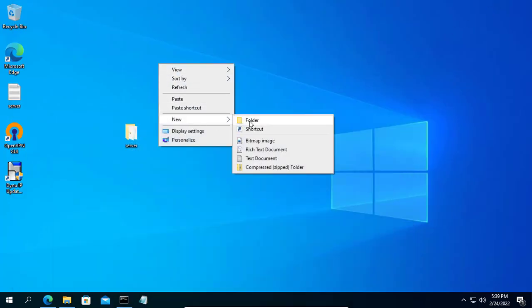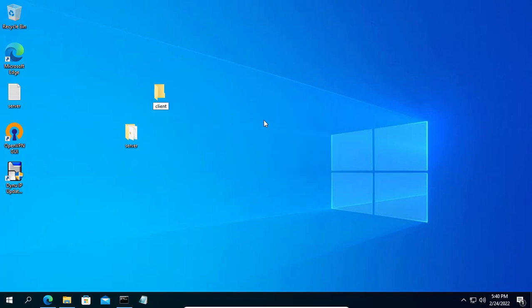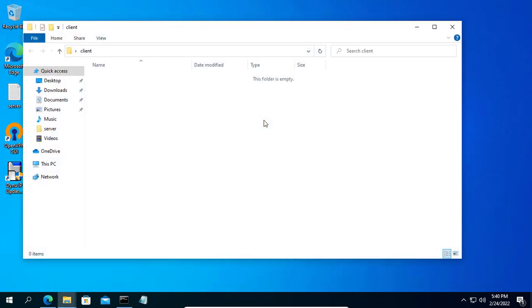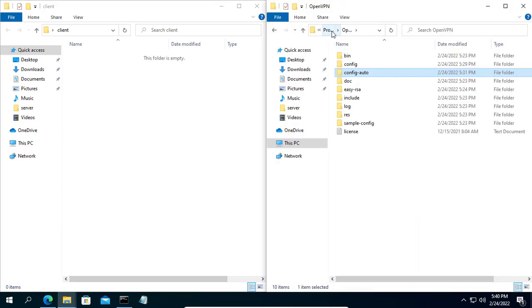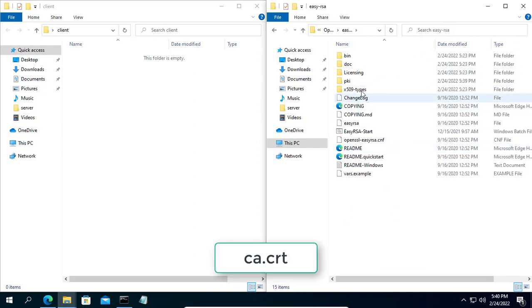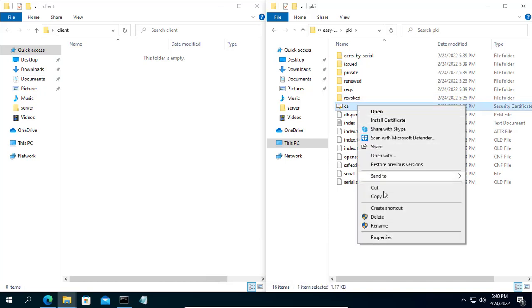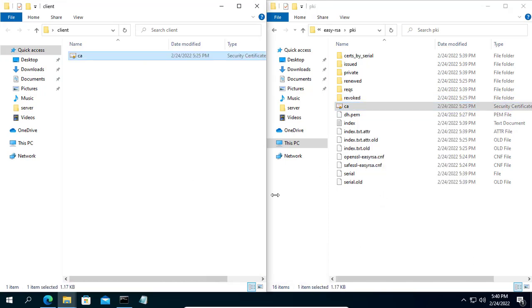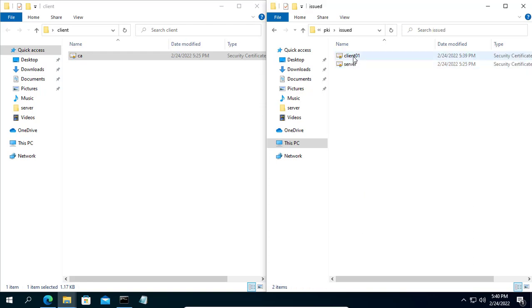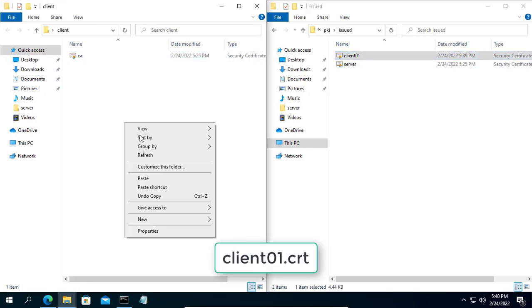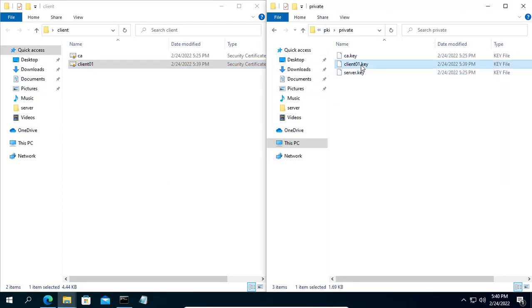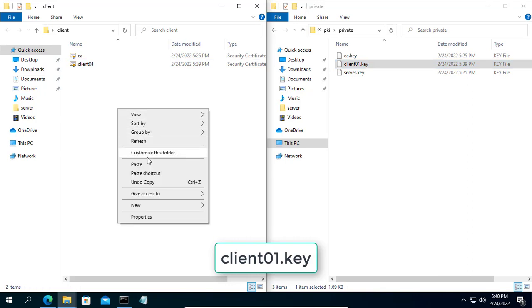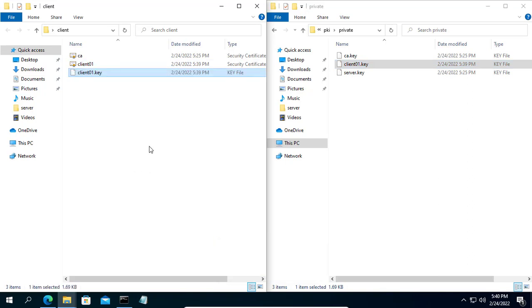I will copy the files needed into a separate folder and name it client. Then you send these 3 files to the OpenVPN client so that it can connect to the OpenVPN server.